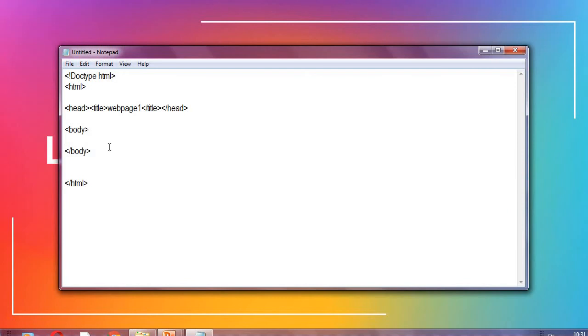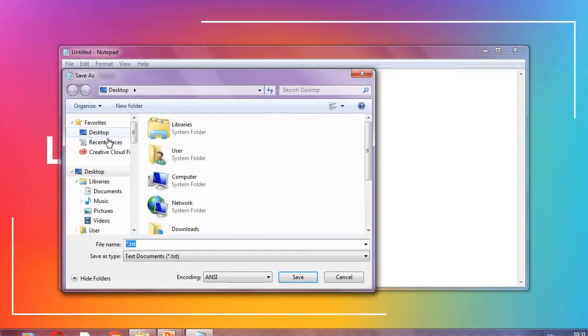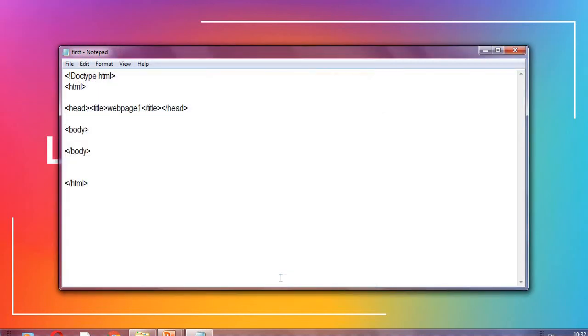Now see how to save it. This is the syntax. Now I am saving the code. Click on file, save, go to desktop, and name it first.html. I have given the name of the file, then dot html, just like your name and your surname. The dot is compulsory. You can give htm or html, both are okay. Then click on save.